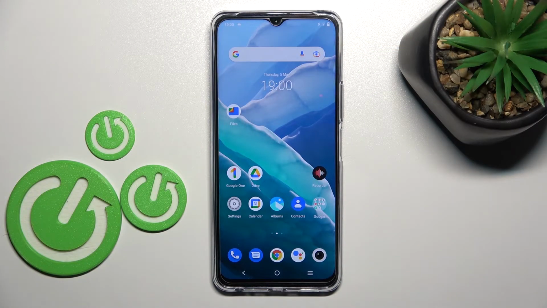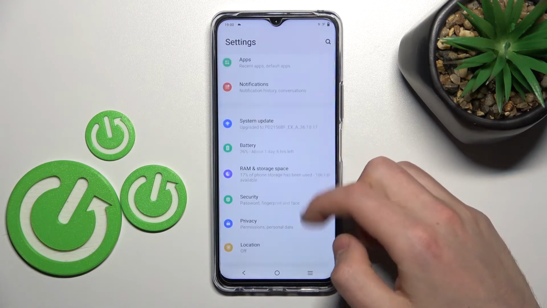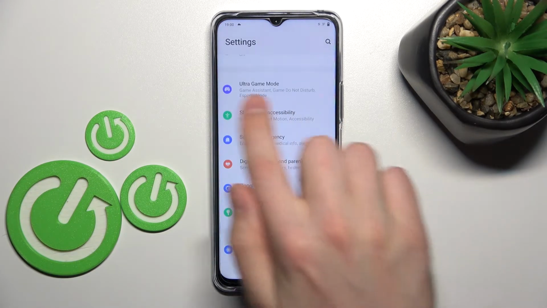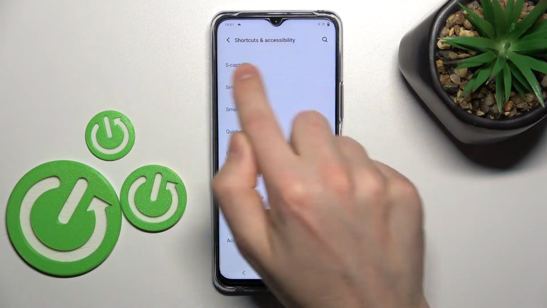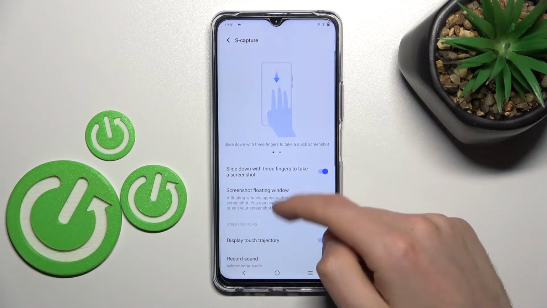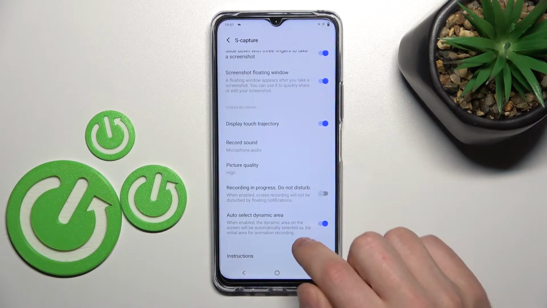Welcome, today I'm showing how to switch on or off screen touches in screen recorder in your Vivo Y76 5G. First of all, open your settings, then scroll down and go into shortcuts and accessibility option. Here choose capture option, and now scroll down, and at the bottom we've got screen recording block, and here